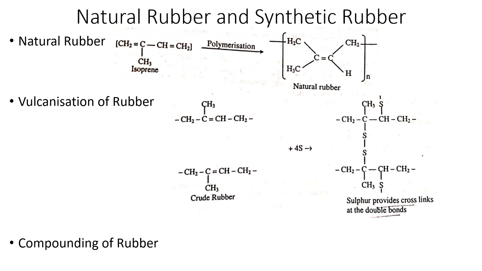Coloring agents: the desired color is important to the rubber, so it is added by using coloring agents like ferric oxide or chromium trioxide. And then the calendering process: the rubber stock is converted into sheets or shapes into tubings or other articles by passing through a calendering machine. Automobile and cycle tires are fabricated with the help of coated fabric. The process of making coated fabric is known as calendering.